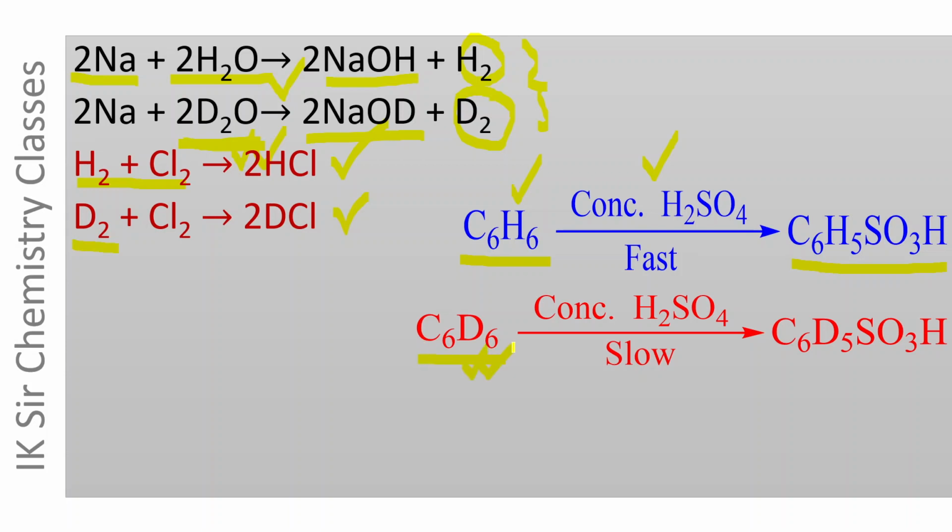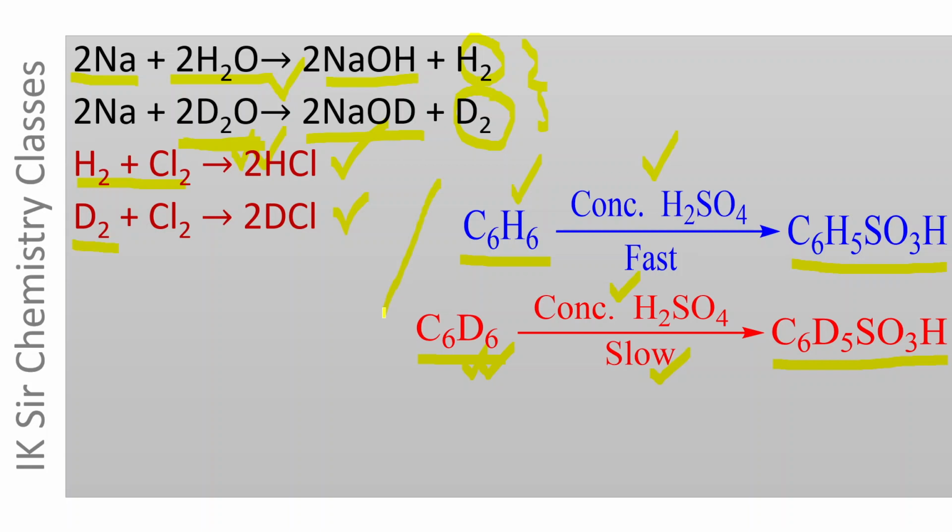C6D6 is nothing but deuterated benzene. It reacts with conc. H2SO4 slowly forming C6D5SO3H. Here, two isotopes of hydrogen, protium and deuterium, differ in the rate of reaction, and this is known as kinetic